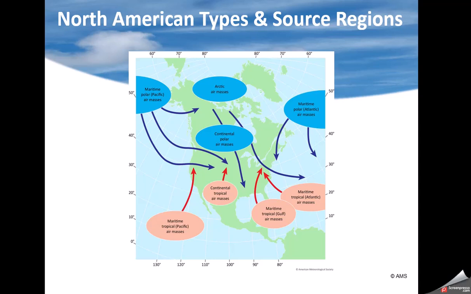Here are the different air masses. I talked about those, where they form. Think about it. If you wanted to form an air mass that was continental tropical, you would look for a desert location, something that's hot and dry. So where would that be typically formed? Well, typically out over the southwest U.S.